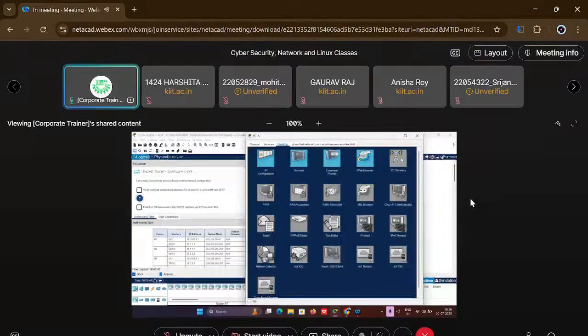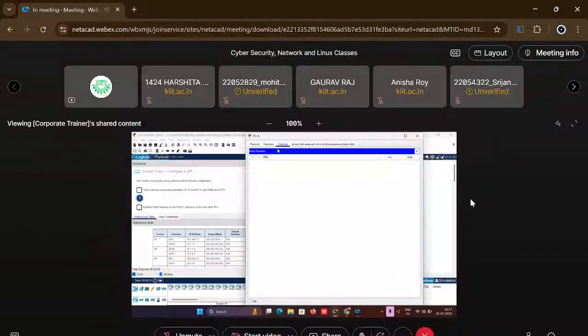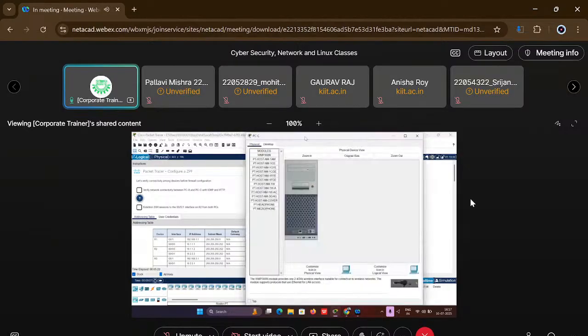Just go to the web browser, type this IP 192.168.3.3. Click on go. Yeah, that's fine. We have checked that. Now you can do it from this PC as well. From the PCC,